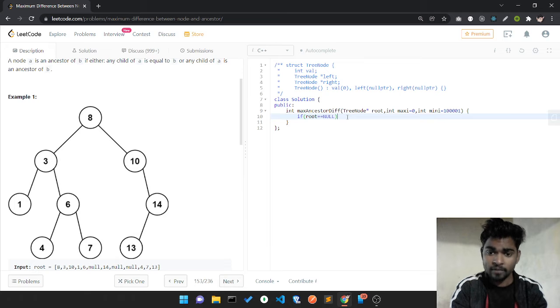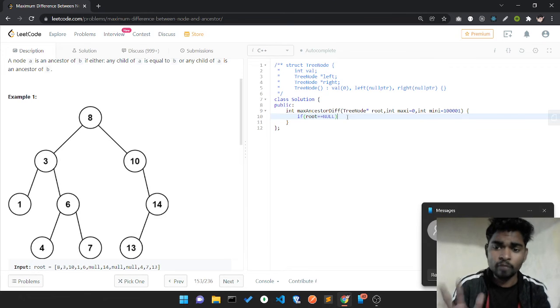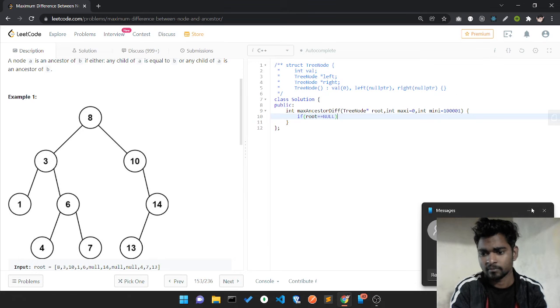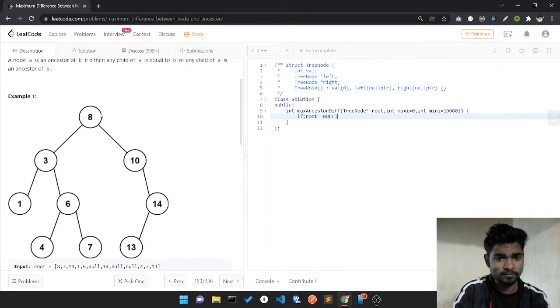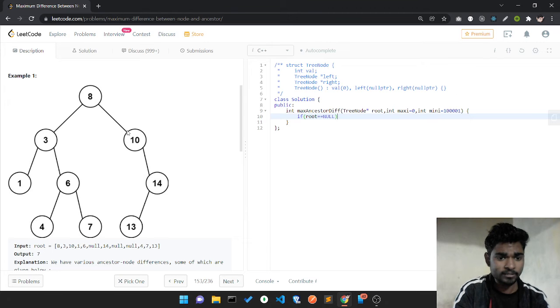Whenever I reach the leaf node, I have two values in my hand, maximum and minimum. Let me clear something: 8, 10, 14, 13. In that case I reach this 13, and I have pre-computed the maxi value and mini value.